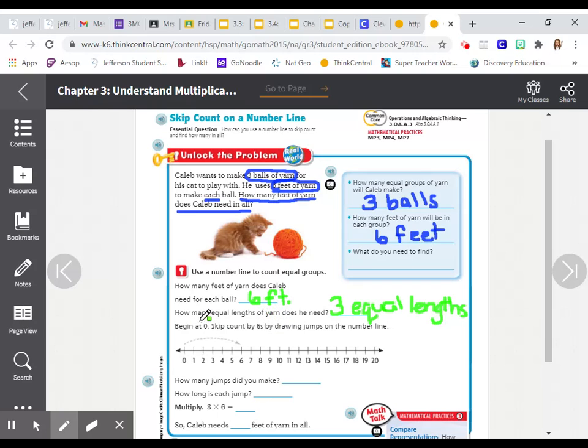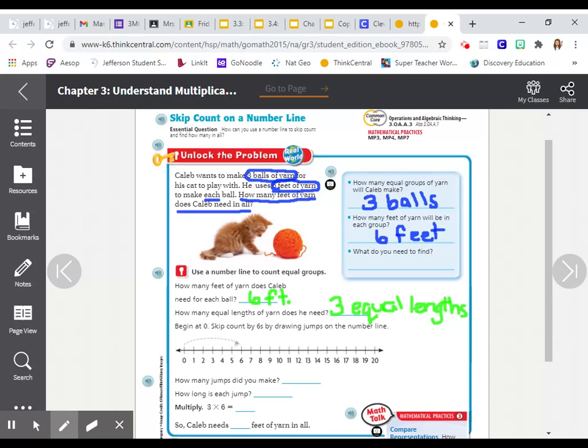So we're going to begin at 0, and every time we skip count by 6s, because each ball is 6 feet,